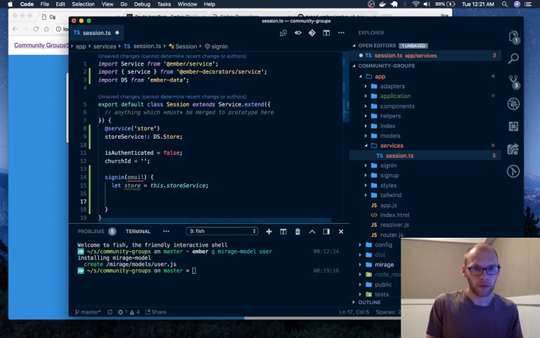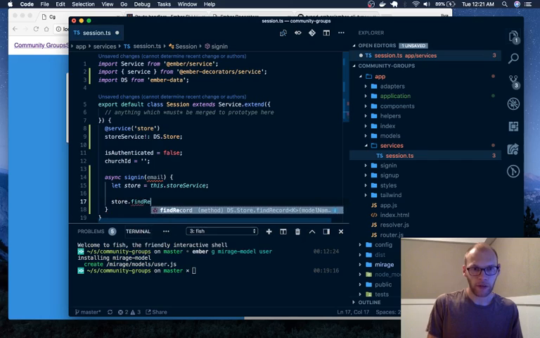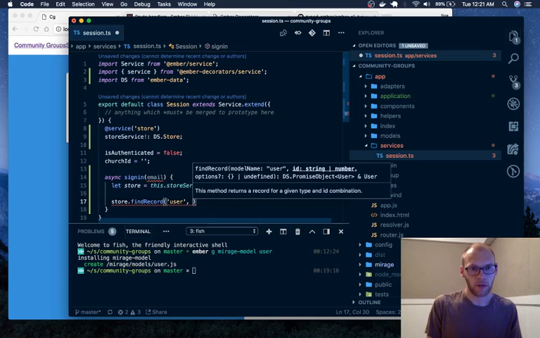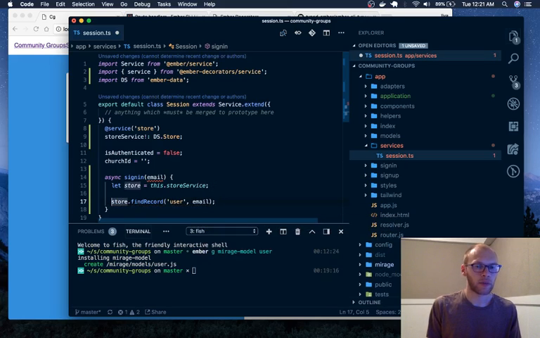And then we can do, let's make it async. Basically look up that user instead of creating them. So we do store.findRecord and user, and then, so we probably want to do this later on, but email, we'll use email as ID. That's not what we want to do ultimately, but